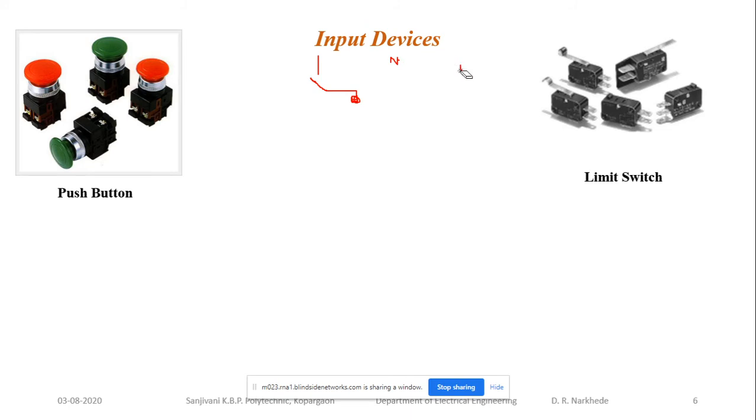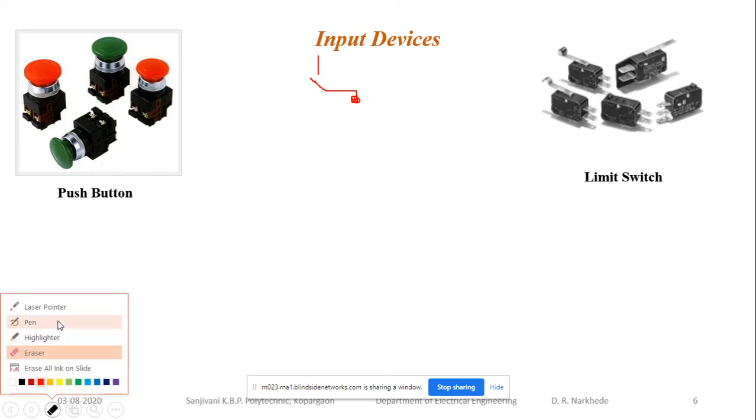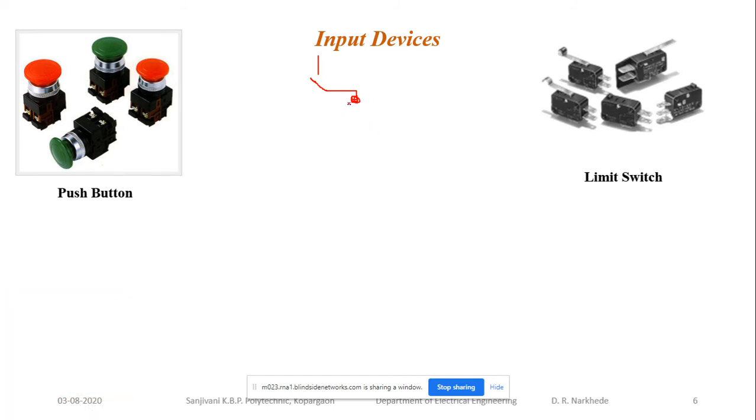Okay, so what you are going to do over here, this is one contact. Now if there is some sort of movement occurring over here, so this one is resting over here and this is a moving assembly, it may be a door or something. So over a period of time it is going to move over here. So when it moves, this roller is going to be pressed, and when this roller is pressed, this contact will make a connection with this one and the current will flow through this one. Okay, so this is given as the supply, it is a common terminal.